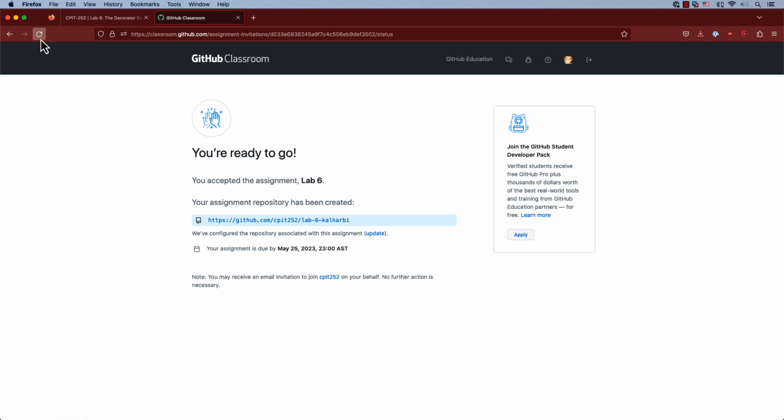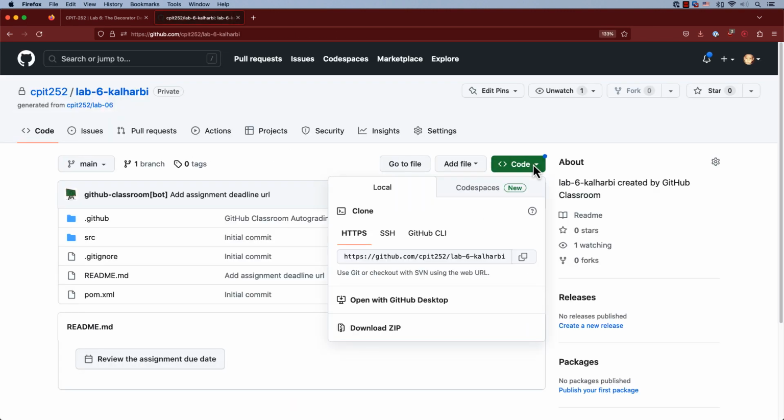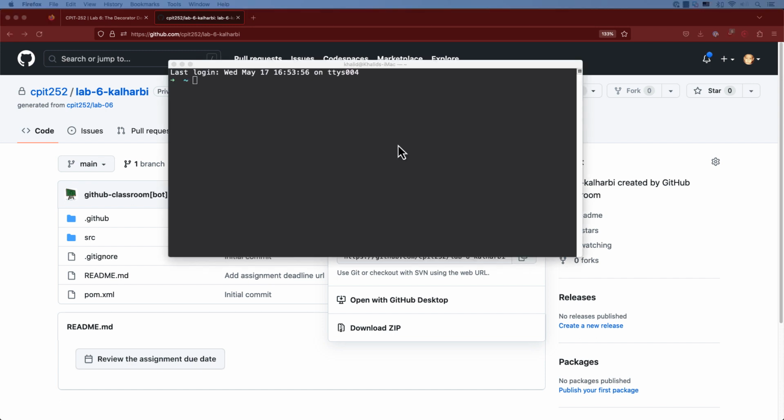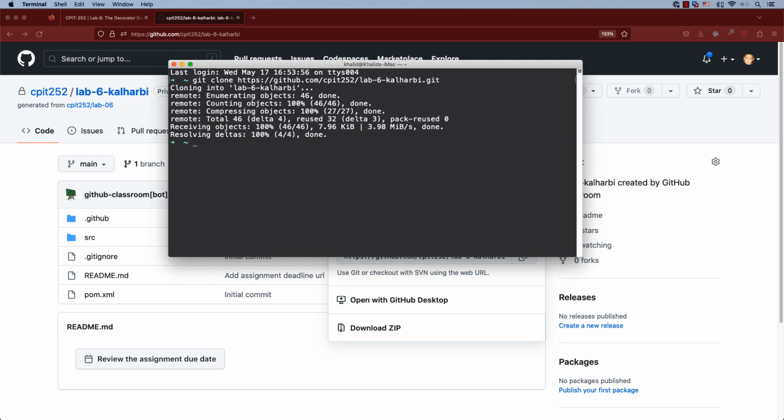Right, so click on the link to open this private repository and then clone this repo. So copy the URL and then go to the terminal and then run git clone, passing the URL to your repo. Right, so this will clone and download the repo into your local disk. So go to the repository, cd there,